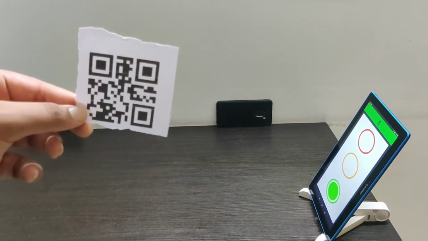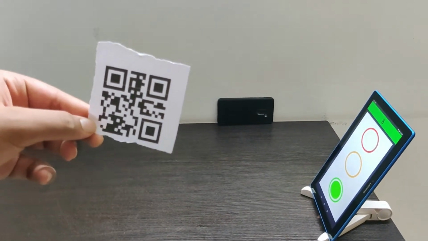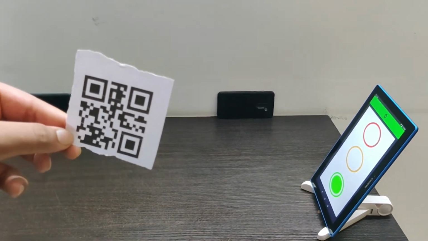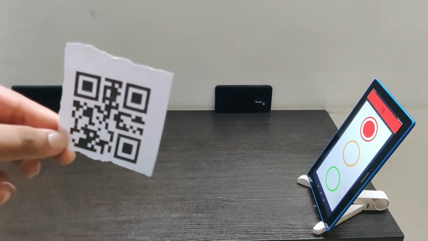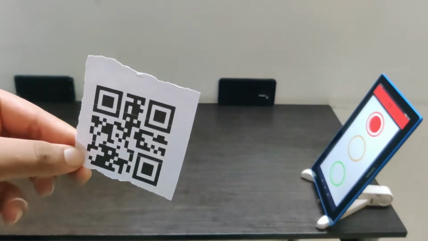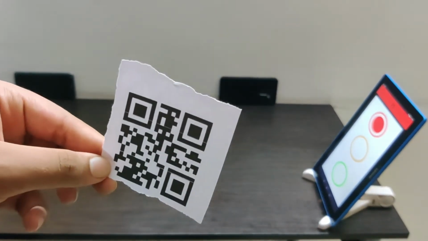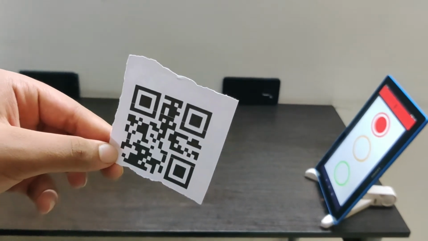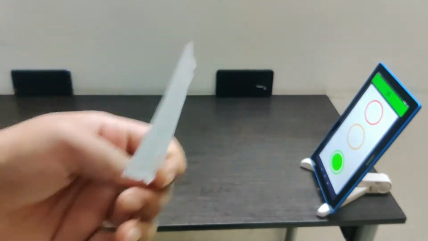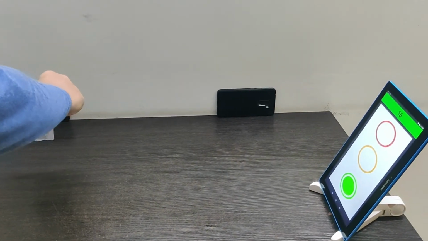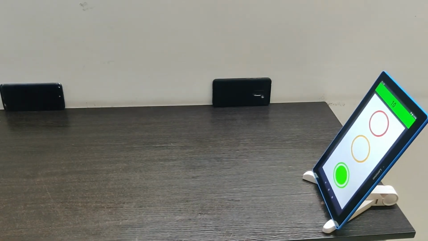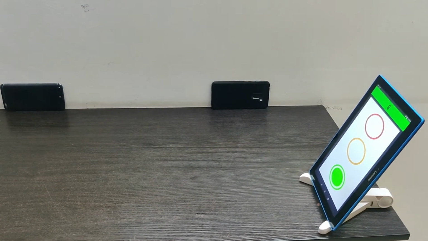Now instead of the RFID tags and RFID scanners, we have used QR code scanners and QR codes. So it's pretty much the same thing, but QR codes are much slower. Now this QR code has the information of the car that we registered with the teacher. So let's see how it functions in this system. So currently the traffic light is red. Let's wait till it gets green and see what happens. Now it's green, so let's just pass it through this. Now since it's green, nothing much happened. It's like the same thing.